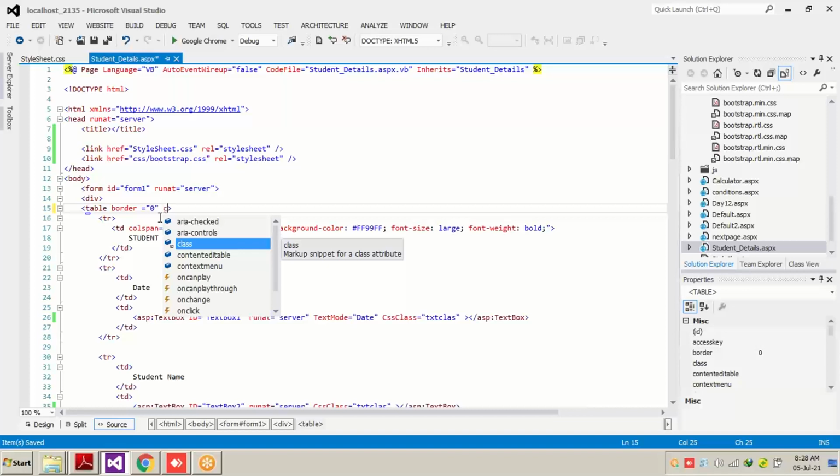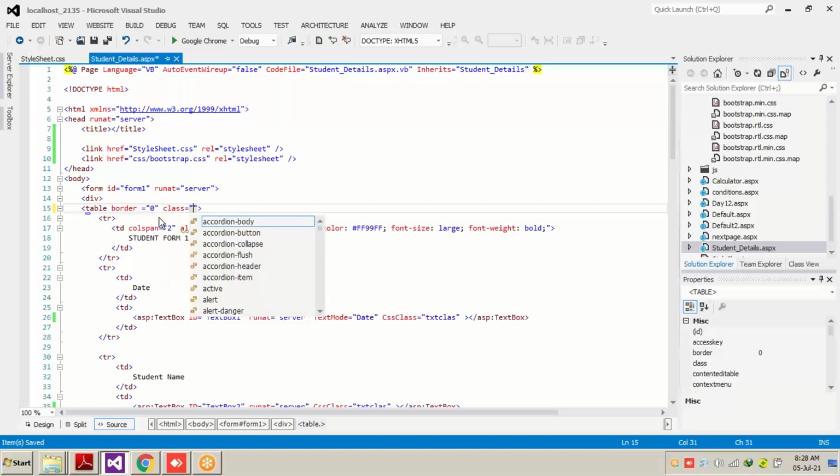In HTML code it comes as class, and in ASP controls like button and text box it comes as CssClass. As we put equals to it, it's going to open a list of classes which this particular Bootstrap CSS file has.